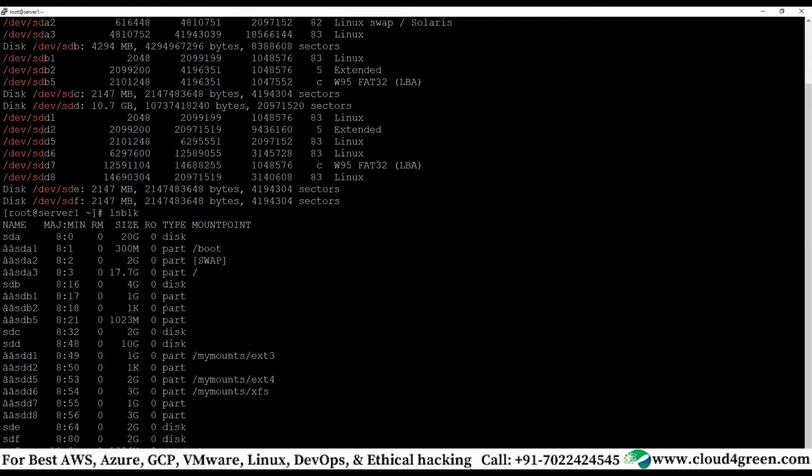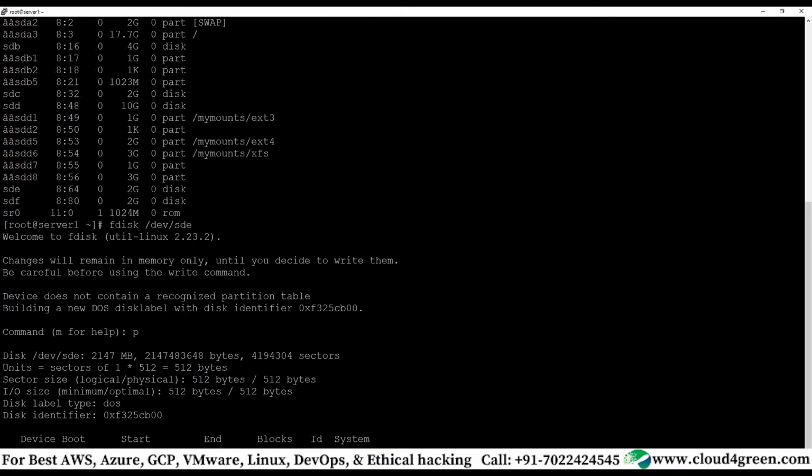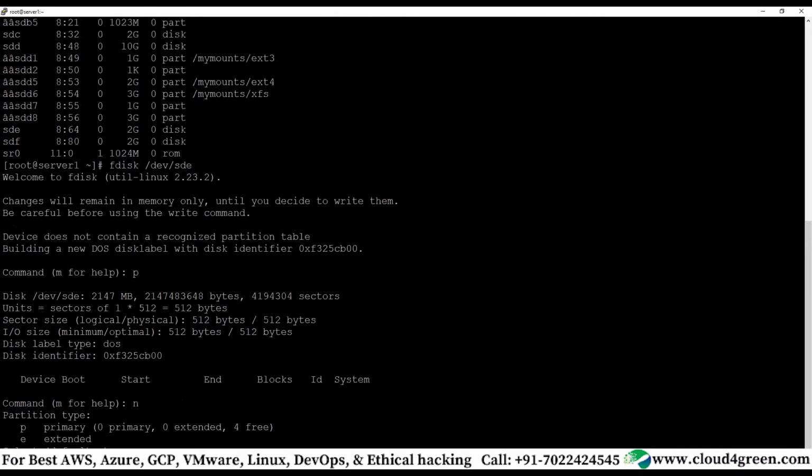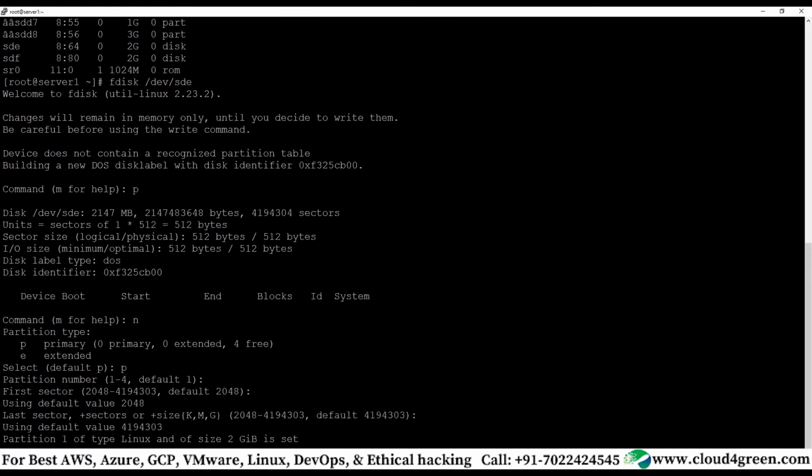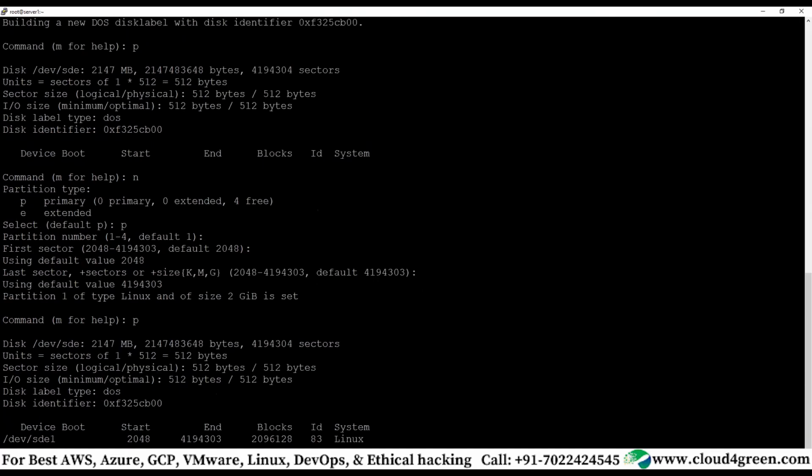/dev/sde. Okay, sde this time. P, no partition, new partition, primary partition. Select the partition number by default. First sector enter, second sector enter. You are not going to give any size. It will automatically take the whole space. Right? Print, the whole space it has taken. Correct? The end sector is this, the starting sector is this. Okay? You can see the end sector, total sectors here. So there is a last sector.